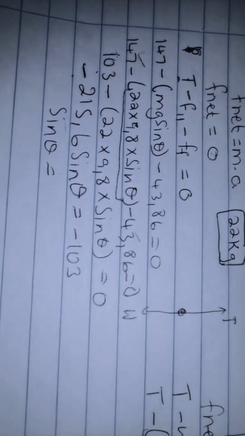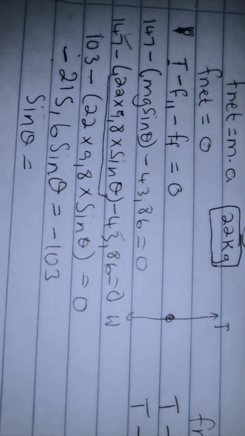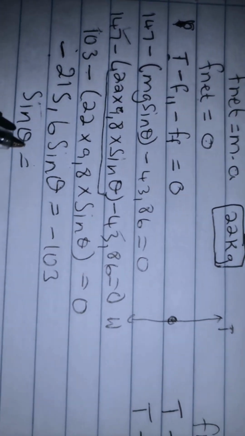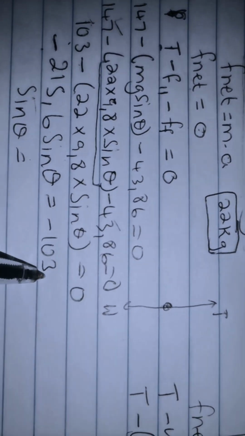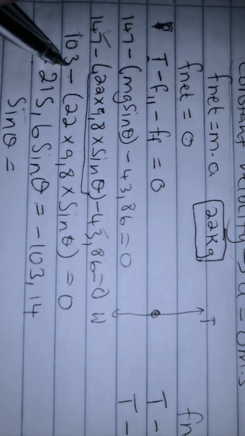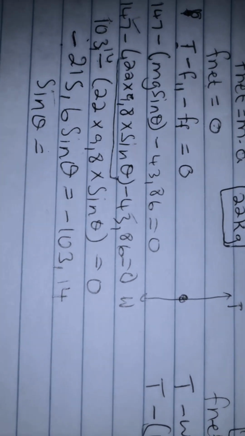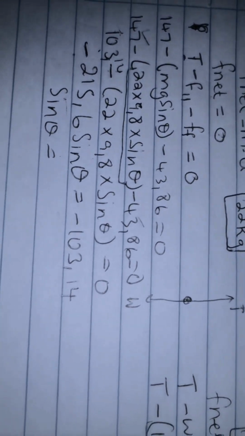If I divide both sides by negative 215.6, so here it is 103.14, not 103 only. So it's 103.14. Sorry guys, apologies. So if I divide both sides by negative 215.6, it is going to give me